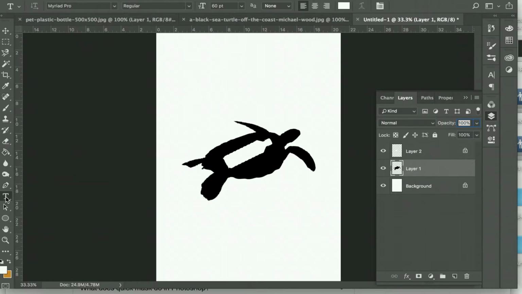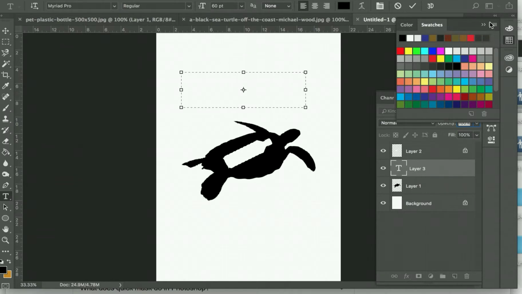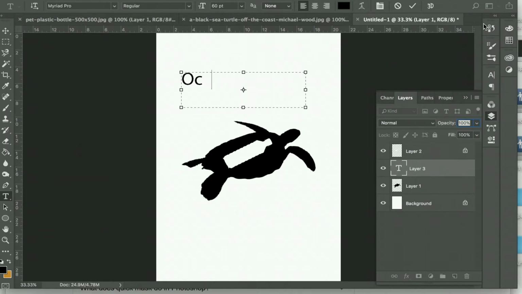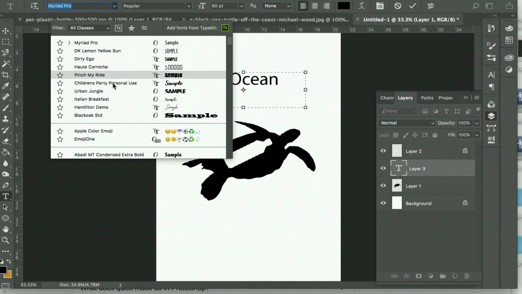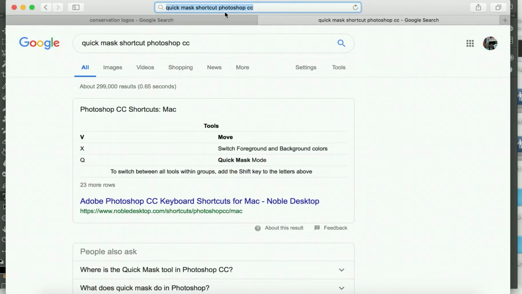What I could do is obviously use my text. So I'm just going to type in here, change the colour because otherwise we won't see it. Clean ocean club, sorry, let's change that. Clean ocean club. There we go. Okay, so remember you can download fonts off dafont.com, but thinking about those conservation posters that we had on here,